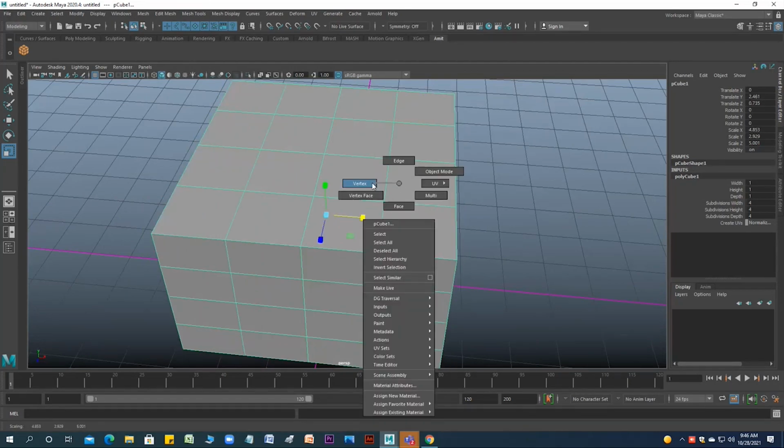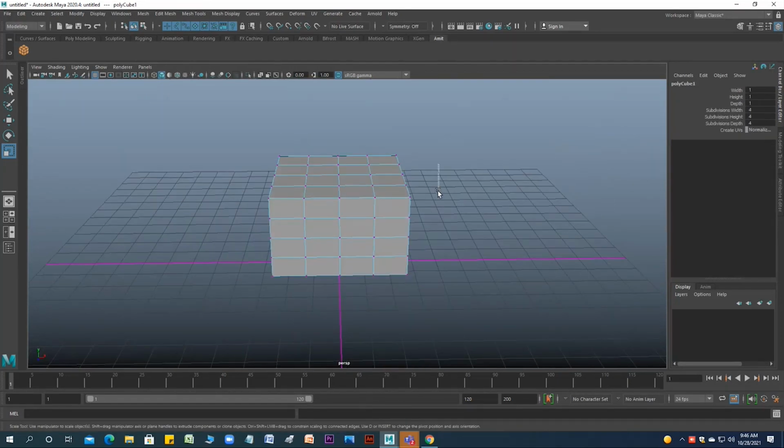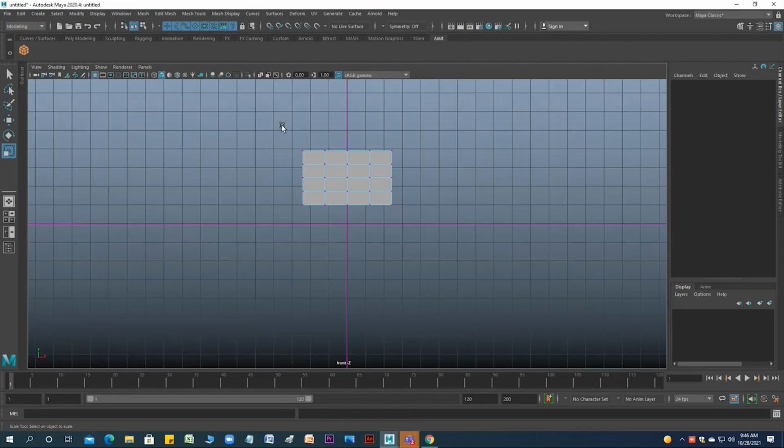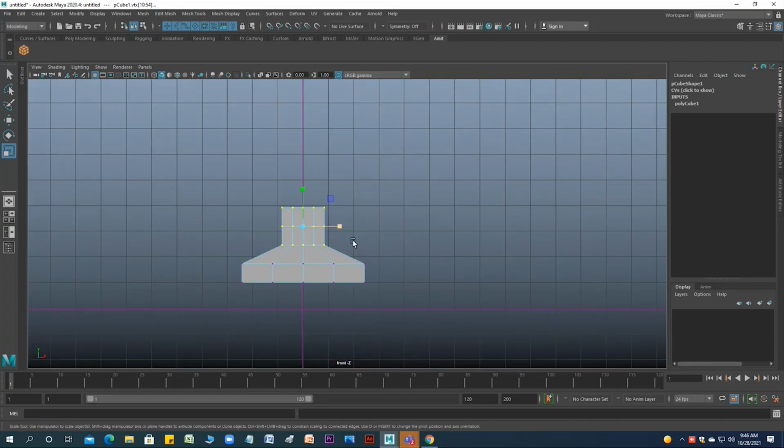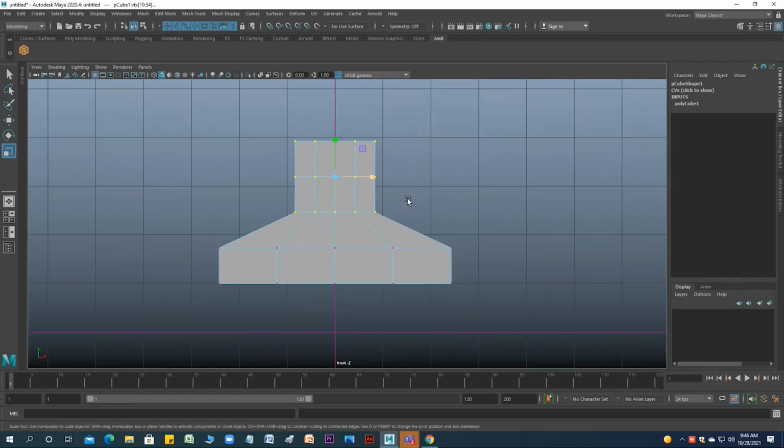Then again, if you are going to vertices, for example, I'm selecting these many. If I scale them down, you can get this kind of form. If I do it like this, you have to take a call on where exactly you want it and in which manner you want it.